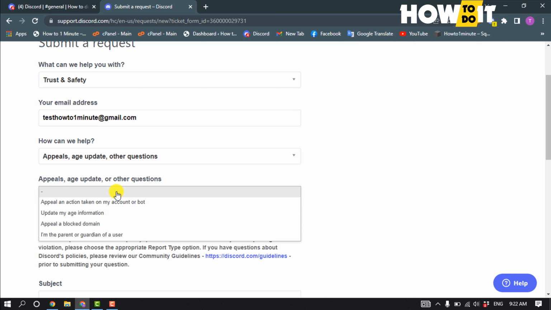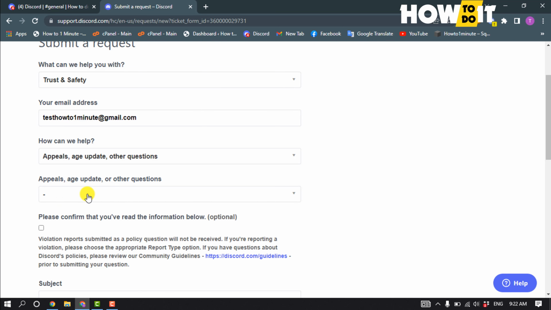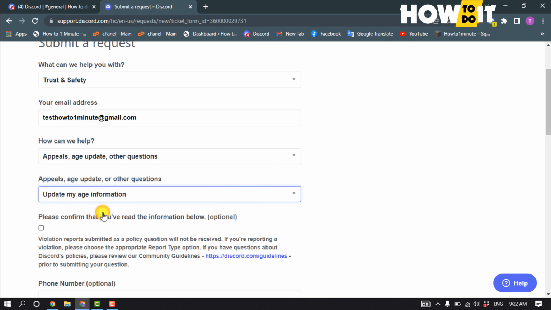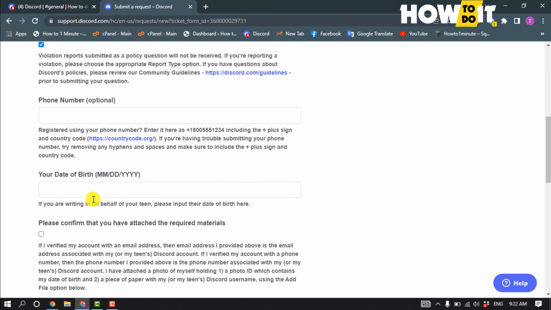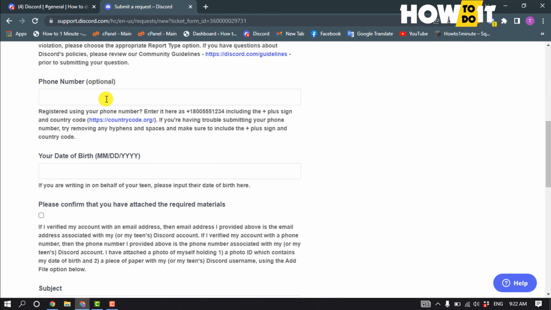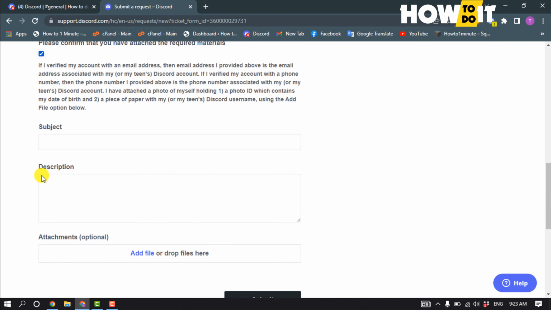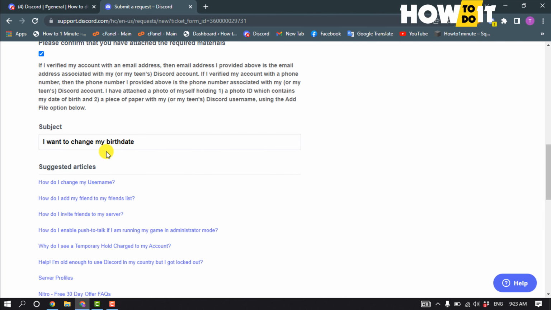and click here and select update my age information, and check this option, and you can attach your phone number here and give here your valid birth information or birth date and check this option and give your subject how to change my birth date